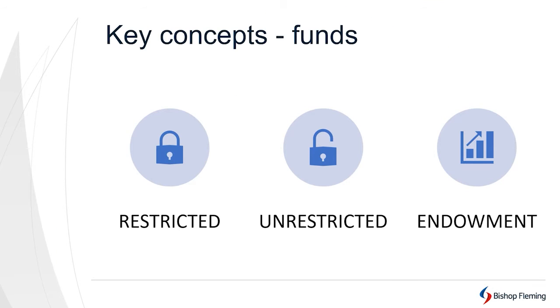One of the key concepts within the SORP is fund accounting, though. A normal company just has income and expenditure and profit, and they can do what they want with their money effectively. In charities, it's clearly not the same. You're getting money from all different sorts of sources, and people putting different kinds of requirements on you as a charity. So the three main types of funds, and this is what we call them in the charity accounts,